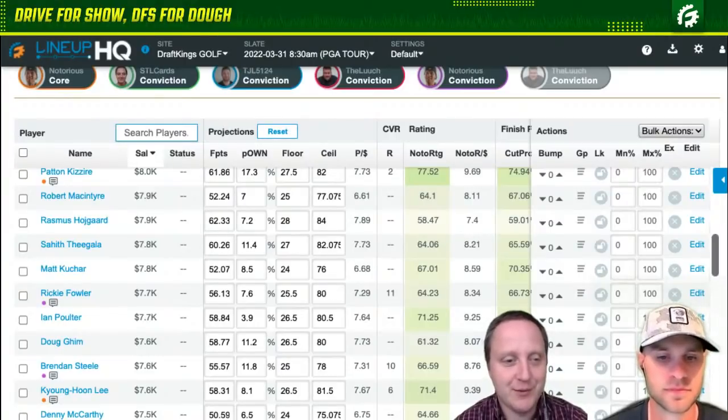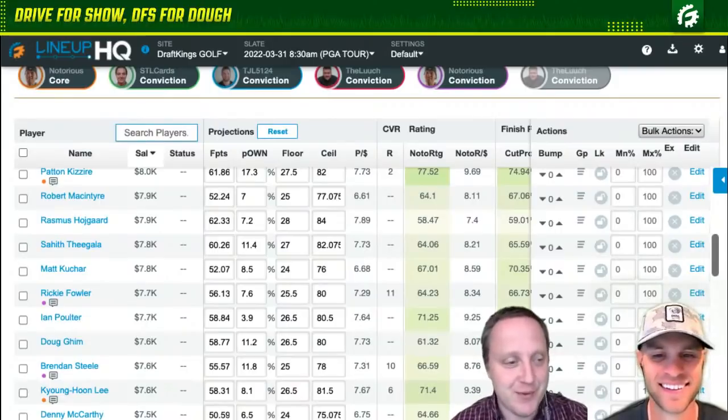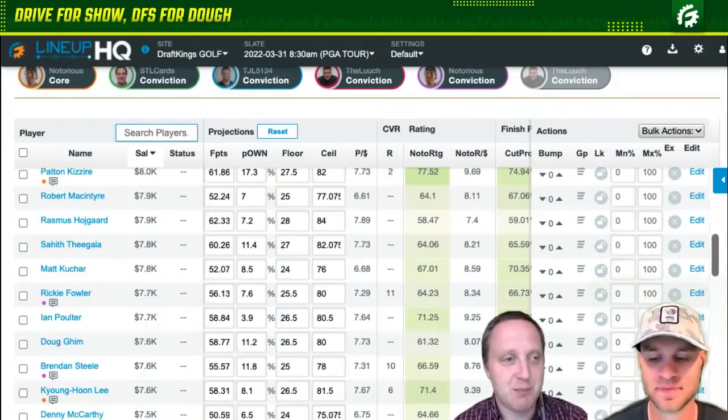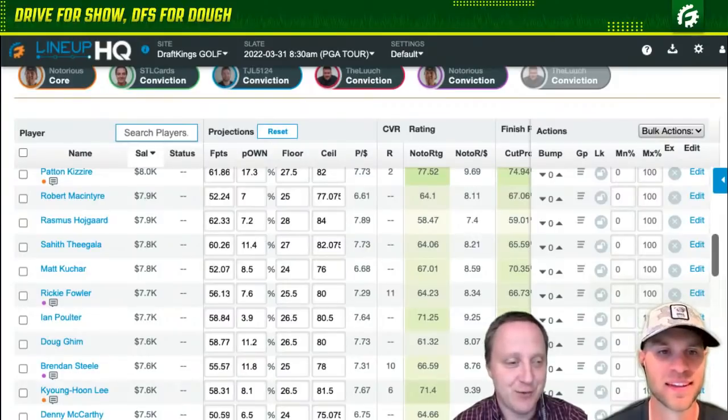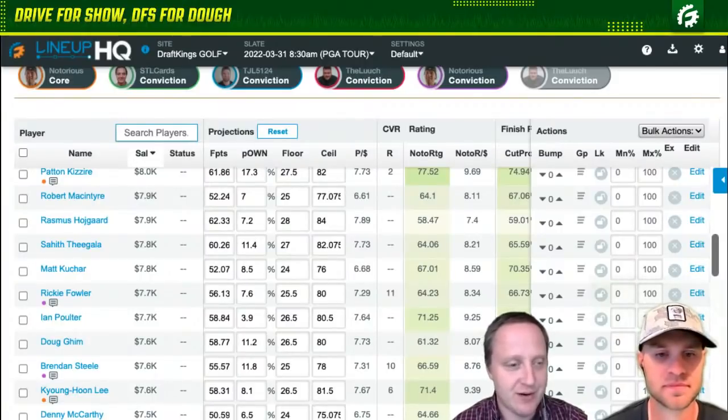Though they're all going to sound a little better than Fowler for me. But I don't think the Fowler argument is horrible this week, and that's about as much of an endorsement as I generally give with Ricky. Yeah. I don't think it's horrible. Kuchar's had some results here if you want to play the course history angle, but again, there's just not a